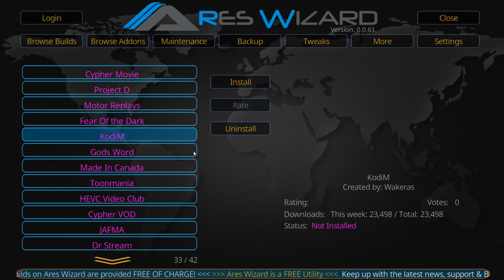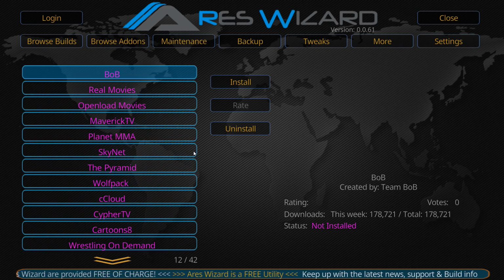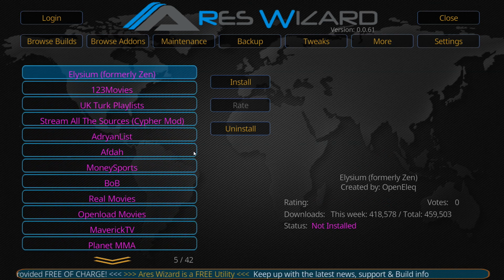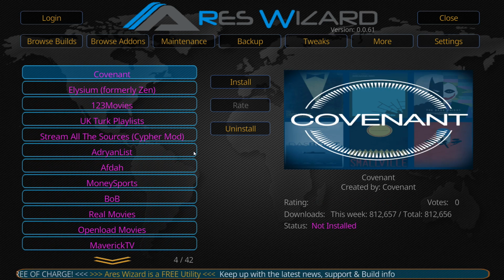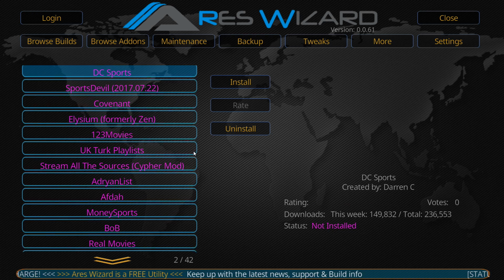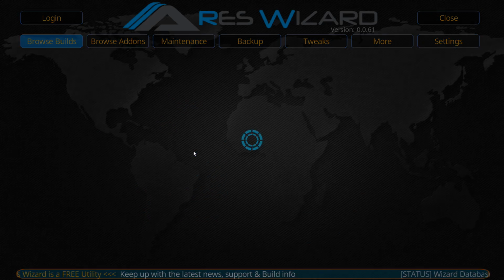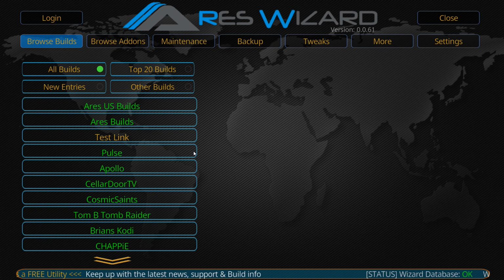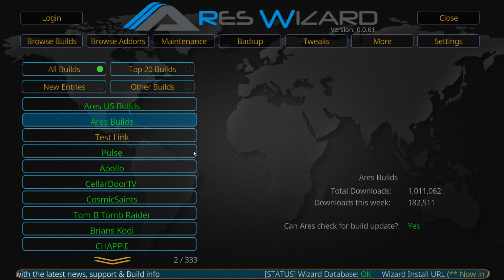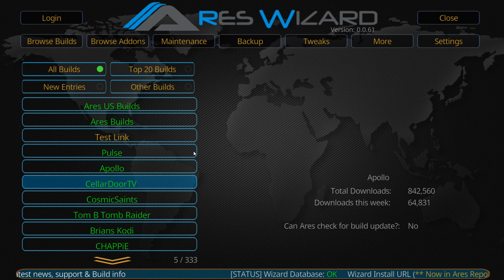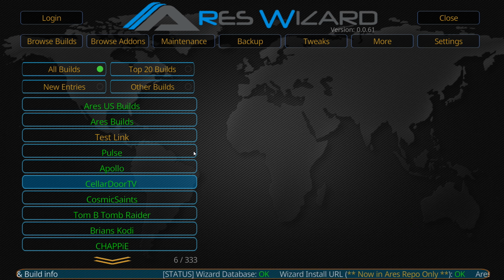Now, I really like the CellarDoor TV build. I like the way it looks. I kind of like the way it works. And for me, doing the CellarDoor is quicker than adding each one of these individually, but there's nothing that says that you guys couldn't do that if you didn't want to. So if you go down and you take a look here, there's the CellarDoor one, and if you hit enter,